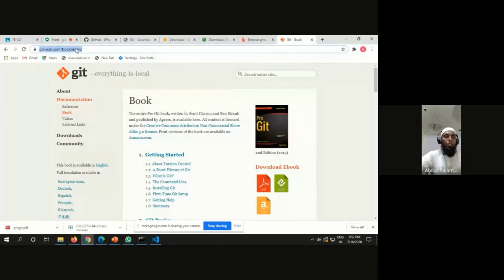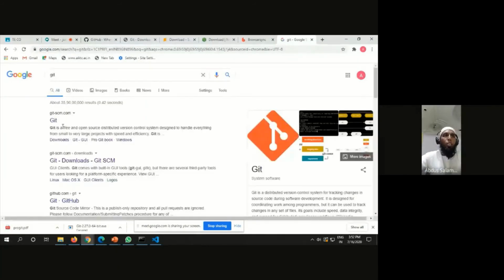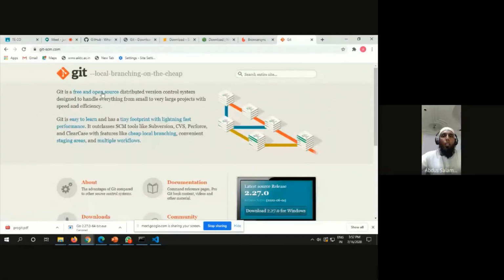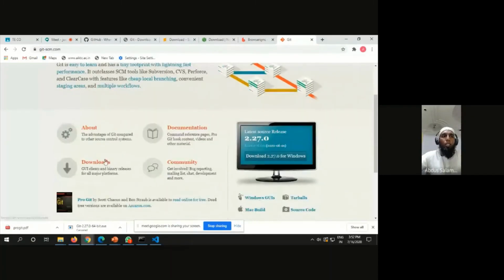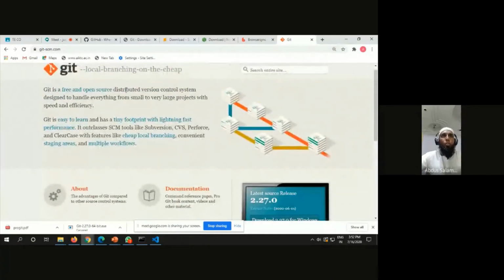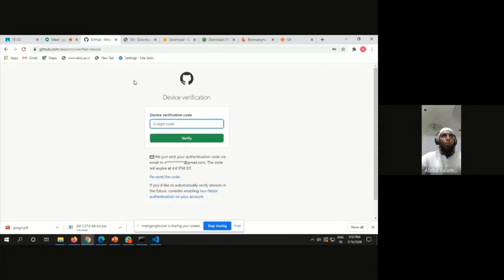First of all, you have to search for Git on Google. If you search, you will get the first link. When you open this link, you have to download the Git setup. Now this Git is an open source system wherein you can control your code and push your code into the online GitHub account. We are developing code on our machine and there are many changes to our code. So we can save all those different changes of our code into the GitHub account. One option we have on GitHub, just let me log in.